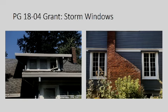Okay, so PG 1804, this request is for storm windows. This is a designated structure, a landmark outside of the McLaughlin or Kanema districts. The home has the original wood windows. The applicant is requesting the grant to fund wood storm windows to cover those on the outside of the wood historic window. The total cost is just over